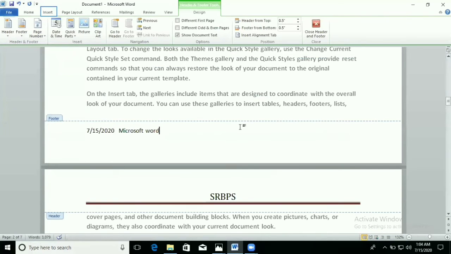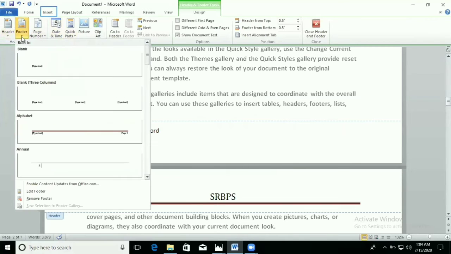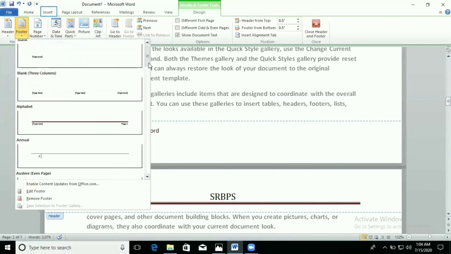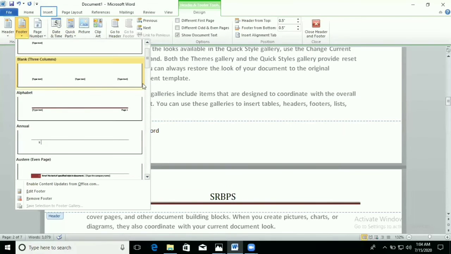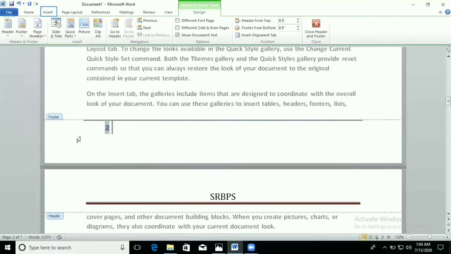If you want to take any other header or footer, just go to that part. For example, I want to write the page number also. You can see here in the alphabet which format it will come. You can type the text here and the page number will come at the right side. And same like that, if you want to display like that, you can choose this one. So there are the different ones. According to your requirement you can choose. For example, I want to take this one.